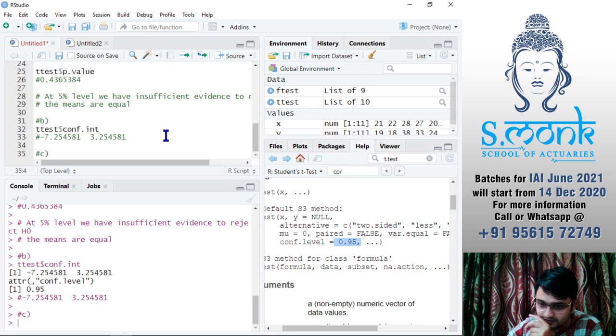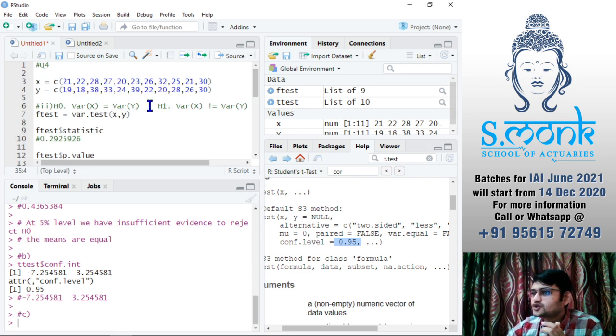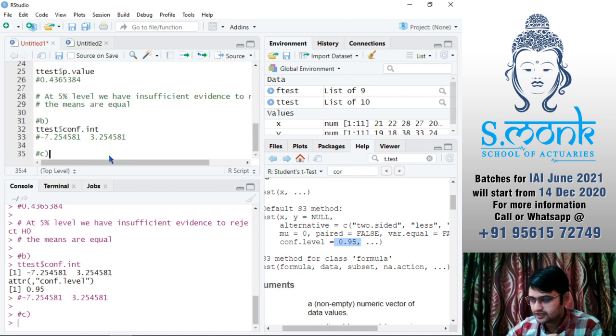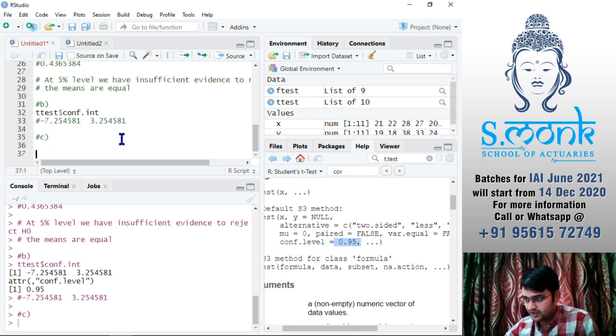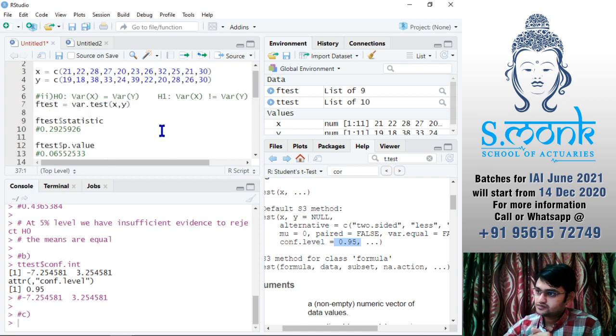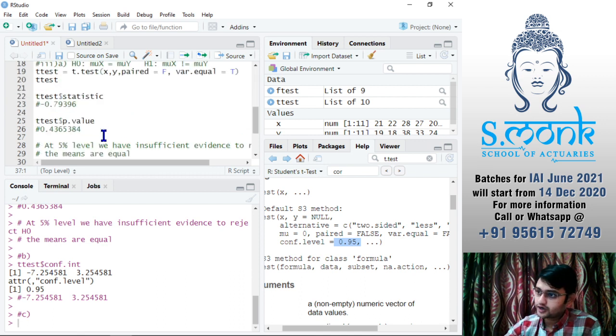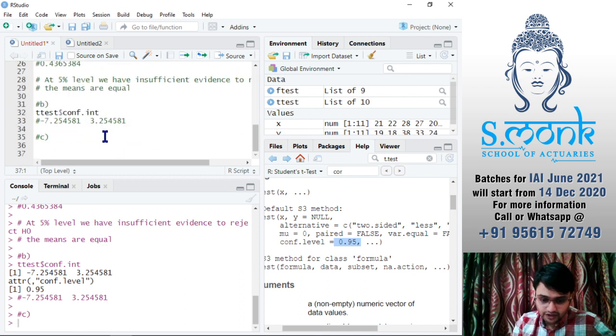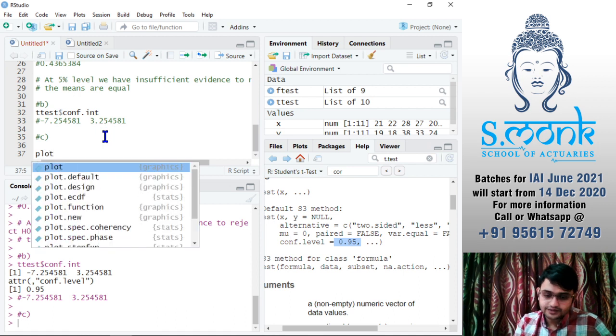Okay, so let's assume that in this question we had to plot a scatter plot diagram. This is not a linear regression question, but let's assume we had to have a scatter plot diagram. First of all, just by looking at the data, the best plot for that can be plotted by just plot.